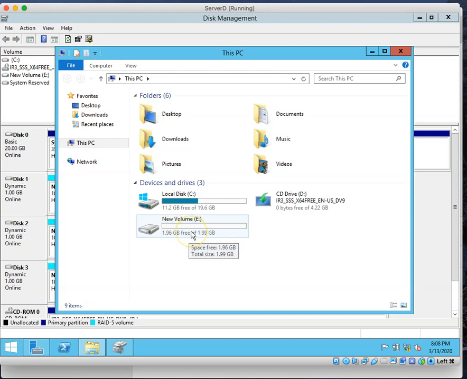Although it should be 3 gigabytes, we only have 2. The other drive is used for parity. All right, so now what they want us to do, they want you to create a folder on this drive and share it, a folder for each department, and share it. We can do it from here, or we can do it from